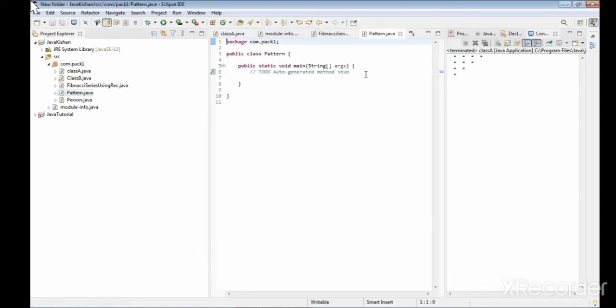After that we are taking a for loop: int I is equal to 1, I is less than or equal to 1, I plus plus.